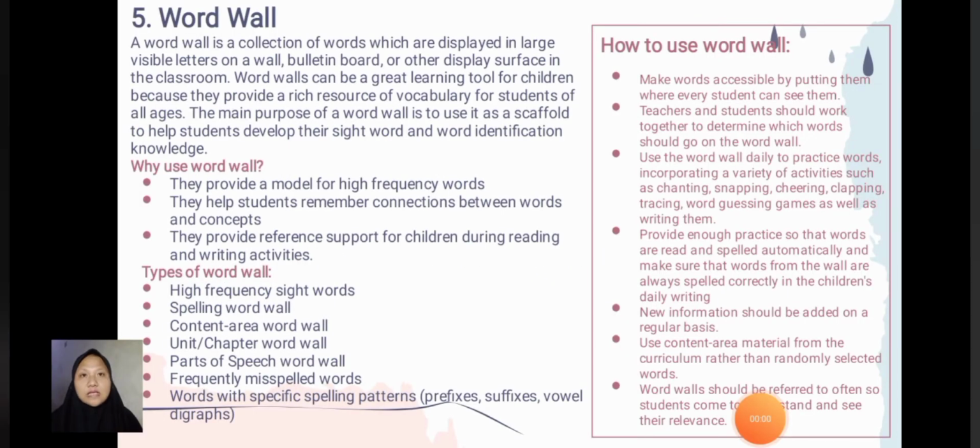The fifth is word wall. A word wall is a collection of words which are displayed in large visible letters on a wall, bulletin board, or other display surface in a classroom. Word walls can be a great learning tool for children because they provide a rich resource of vocabulary for students of all ages. The main purpose of a word wall is to use it as a scaffold to help students